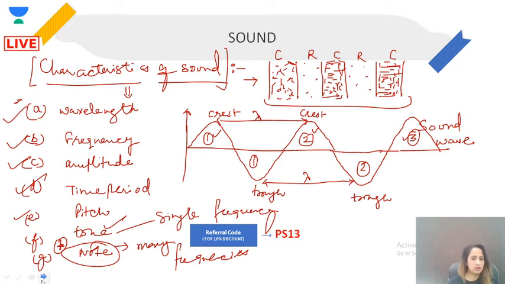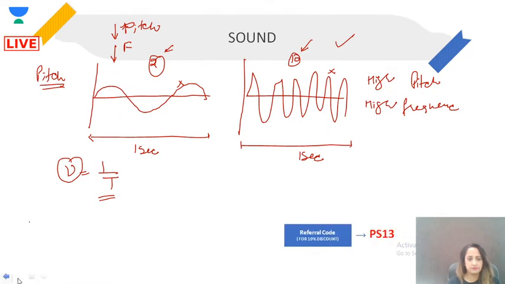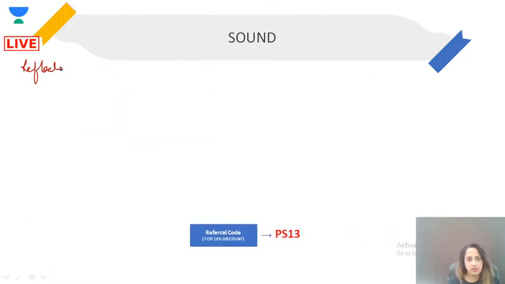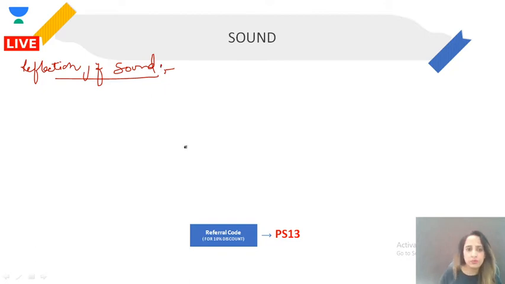And now let's talk about reflection of sound. So that is another important point that I want to discuss. So guys, as we have discussed when we were talking about the chapter light, we knew that